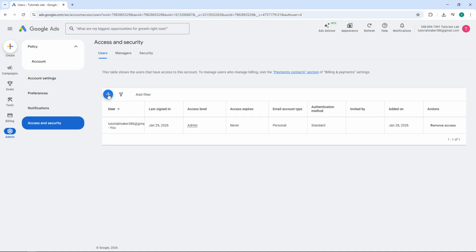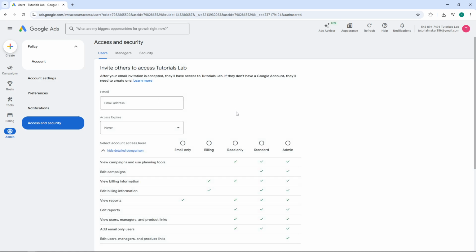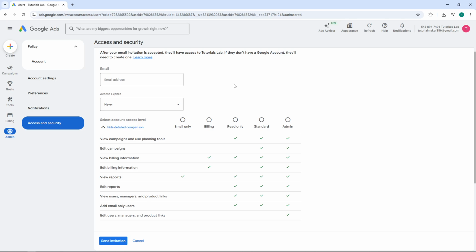Look at the header section of your users list and you'll notice a plus button. This button is your gateway to inviting new people to your account. Click on the plus button and a dialog box will appear prompting you to enter the details of the person you want to add. In this dialog box, start by typing in the email address of the person you wish to give access to. Make sure you enter the correct email address as this is where the invitation will be